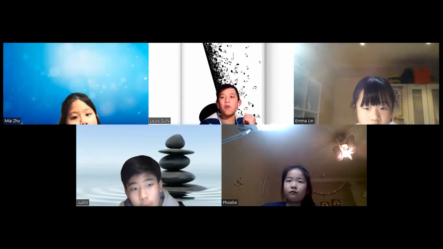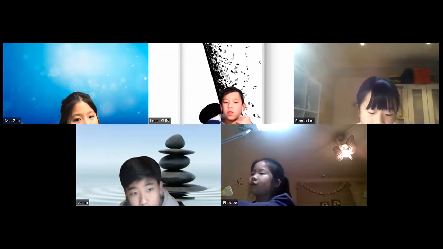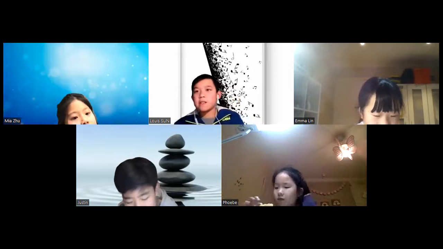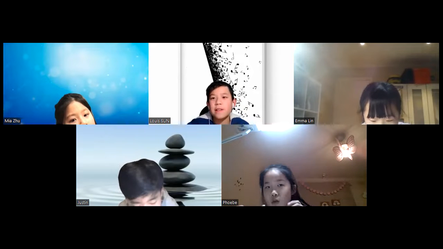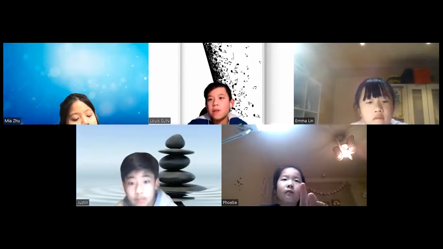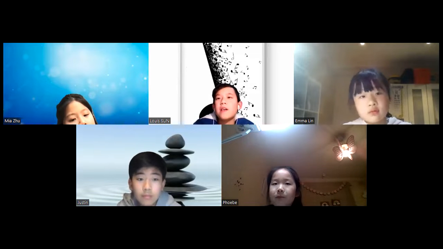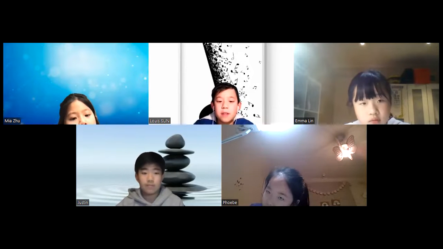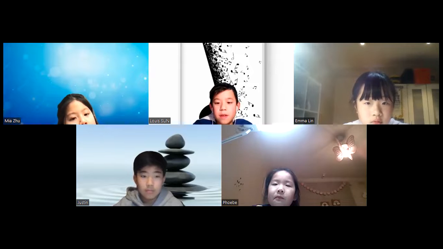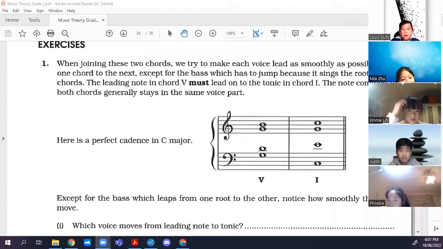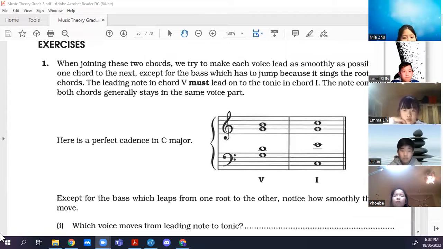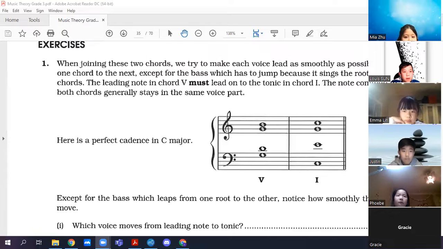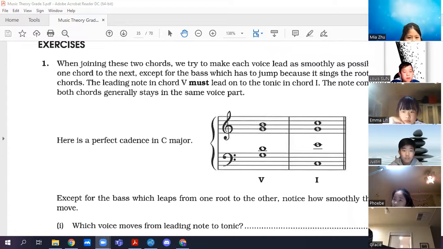But what is it for cadences? What are the specific rules for the perfect cadence? Firstly, it's characterized by chord 5 to chord 1, dominant to tonic triad, and then share my screen. Wait a second. Okay. So, dominant triad to tonic triad,